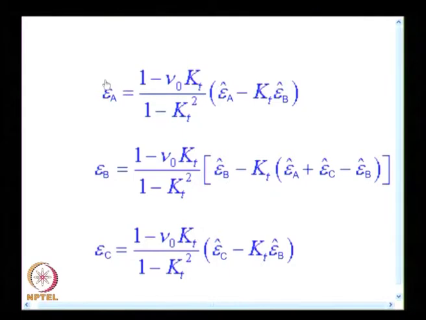So, this finally gives only epsilon A, epsilon B and epsilon C, but using this you have to go back and find out epsilon xx, epsilon yy and gamma xy or epsilon xy from your strain transformation law. So, the expressions involve on the right hand side what is directly read from the strain meter. That is what you have, and if I know the kT value, it is possible for me to get the corrected value for each element of the strain gauge rosette.